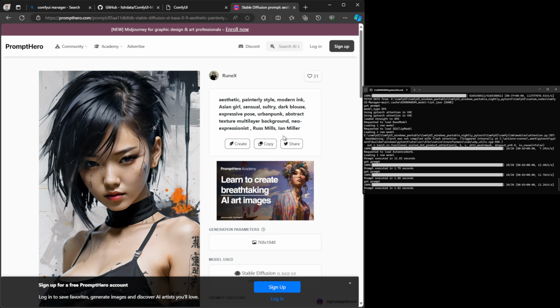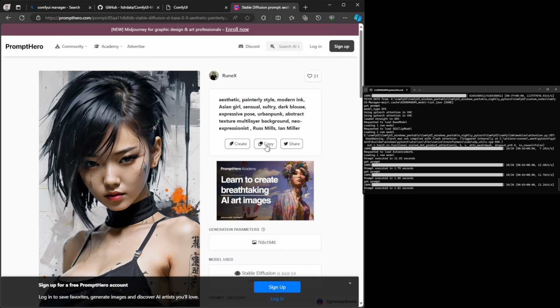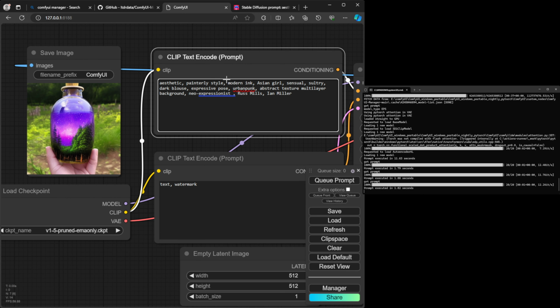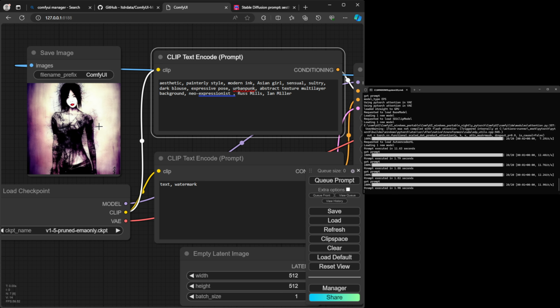And it has a description that would create this model. However, keep in mind, everyone uses their own favorite model. It uses the XL base 0.9 model. Right now, I don't care about that. I just want to have something to start and play around. So I just copied this thing here and I'm going to paste it in here. So it just says, let me just zoom in a little bit more. Aesthetic, painterly style, modern ink, Asian girl, sensual, sultry, neo-expressionist, all kinds of crazy things. We press the Queue Prompt button and there we go. We have our picture here